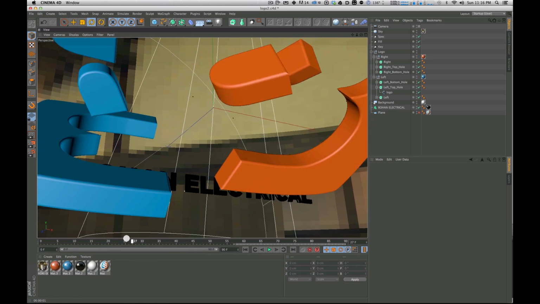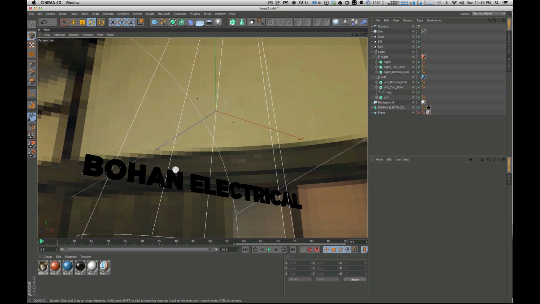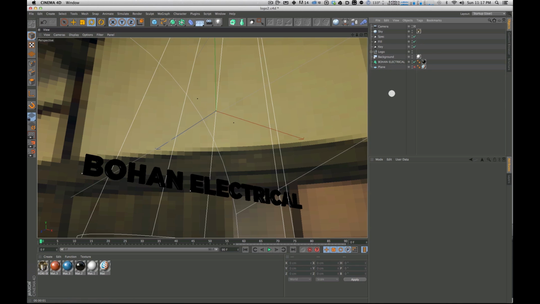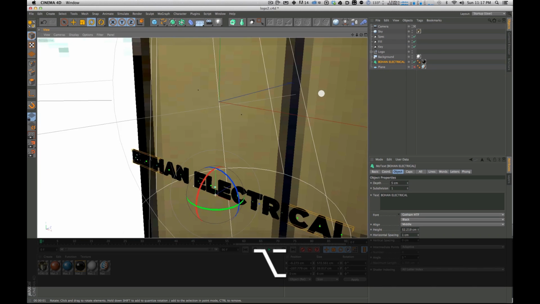And I'm going to show you how to do a really cool technique to make these kind of cascade on. And it's done in such a way to where it doesn't take too much work. It's obviously going to be more work than doing something with Brograph, but it has a cool effect. It will look nice, and it's worth spending the time on. So I've got Bowhand Electrical here,